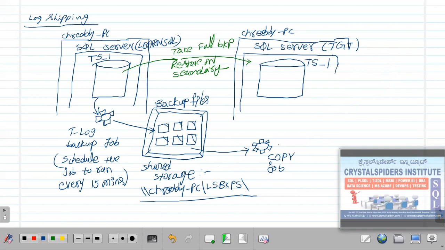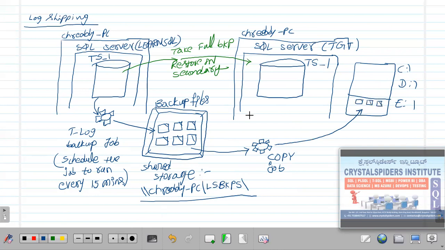Let's say this is my SQL server. And inside this, we are having some disks, right? Inside this machine, we are having a C drive, D drive, and the E drive. Now one of the drives, this copy job, what it will do, it will copy these files from the shared path and put them in a local path. Maybe we can specify one path. Let's say here in the E drive, it will start copying these files. Whenever your latest backup file is available, that latest backup file will be copied and kept in the E drive. That's what the copy job will do.